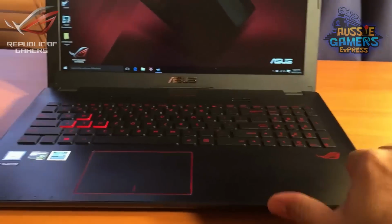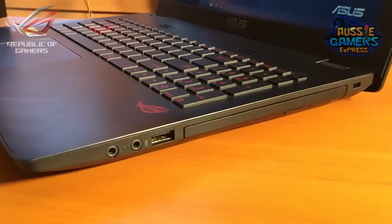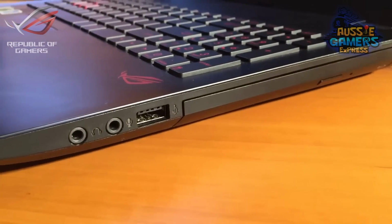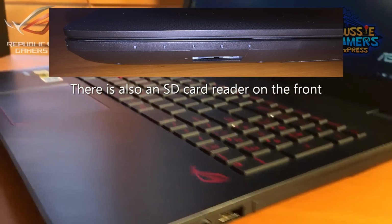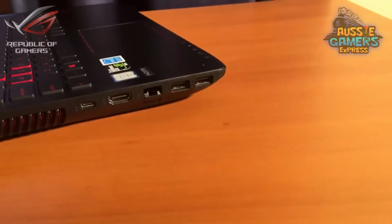Okay, if we turn back to the right side of the computer, we'll have a look at some of the inputs here. We've got a mic in jack and a headphone out jack. That's for plugging in your gaming headsets. So that's fairly standardized across PCs as well. So that's pretty neat. And if we switch across to the other side, on this side we have the